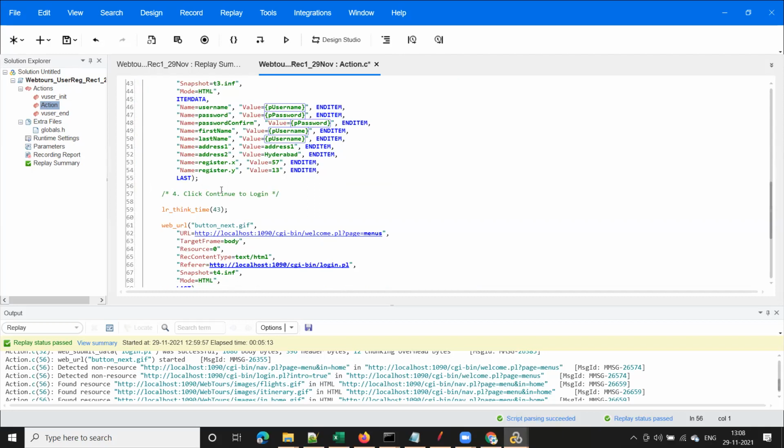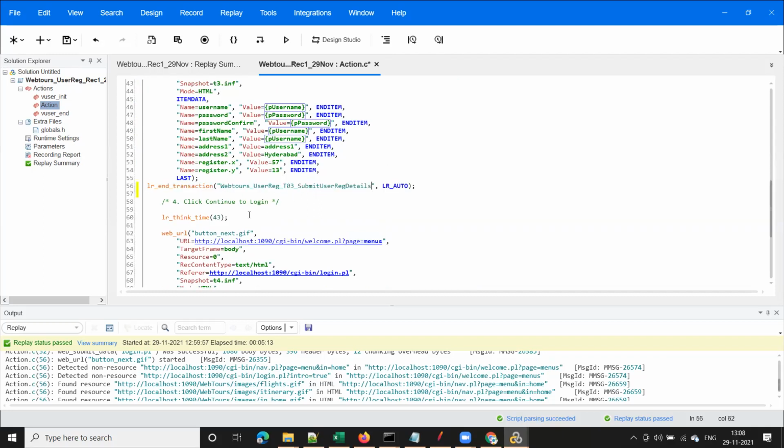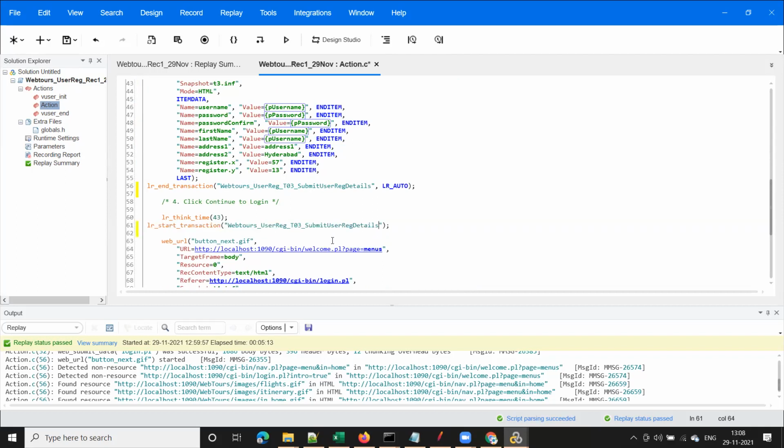So I have to close it here. Control Shift T. So transaction name, and then Control T. Update the transaction name as T04. And what step is this? Click continue to login. Okay.